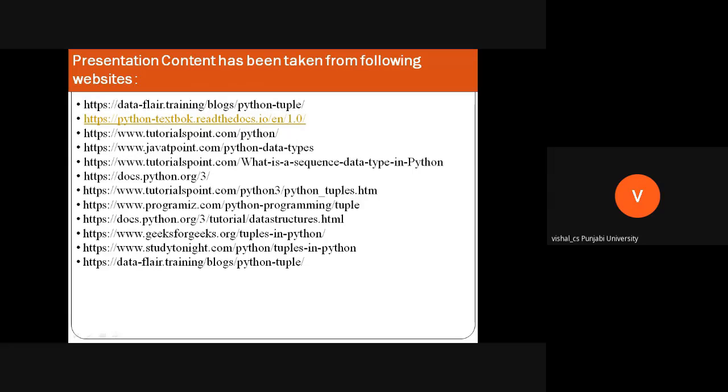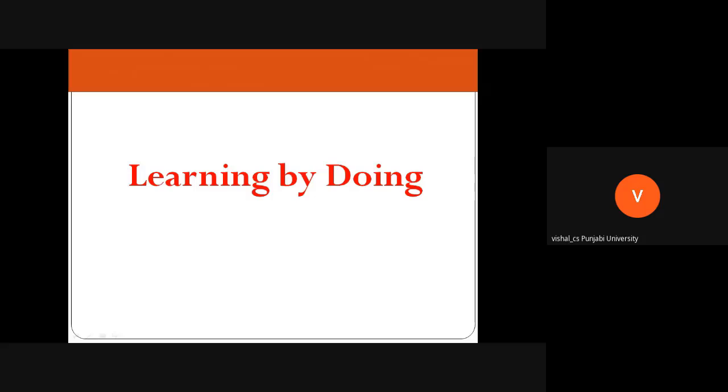This was about modules. The rest of the modules you can explore further, because it is a very extensive library, and now you are able to understand how you can use the modules in your Python programs. So this is learning by doing, so practice on this, you will be able to